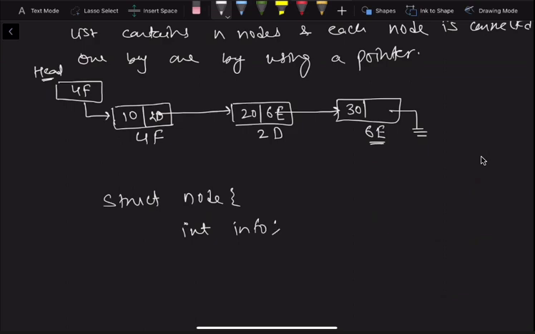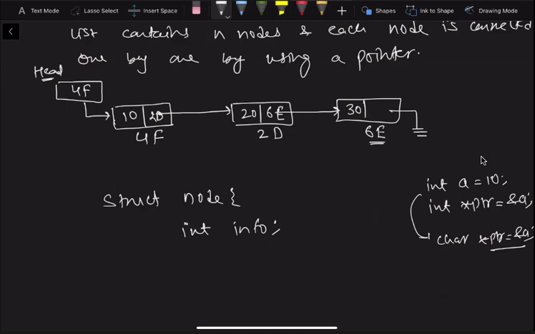Now please pay attention here. Let's say you have an integer value, for example, integer a is equal to 10, and you want to store the address of a. Which type of pointer do you create? You will create an integer type of pointer: int asterisk ptr is equal to address of a. Can you do this with a character pointer instead? You can, but it is not correct. Why? I will tell you the reason.